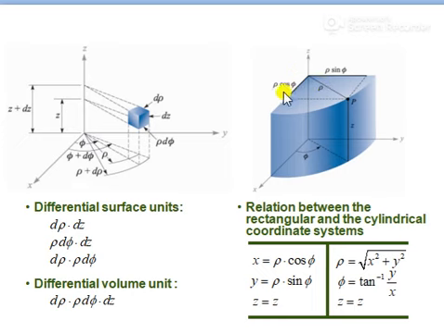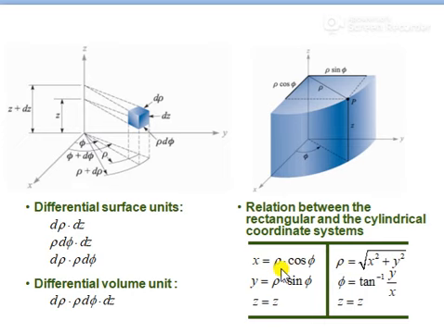One is along the x axis, rho cos phi, and one is along the y axis, rho sin phi. Hence x is equal to rho cos phi and y is equal to rho sin phi. So I can relate x with respect to rho and phi, and y with respect to rho and phi, but z is not related to rho and phi. It is simply z in both cases.